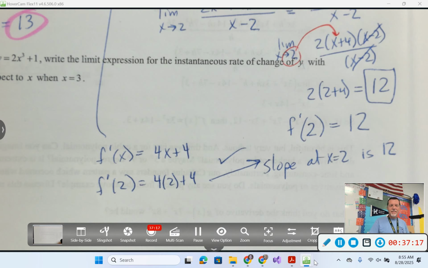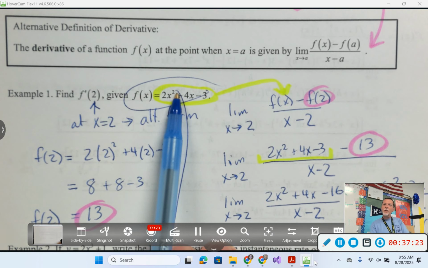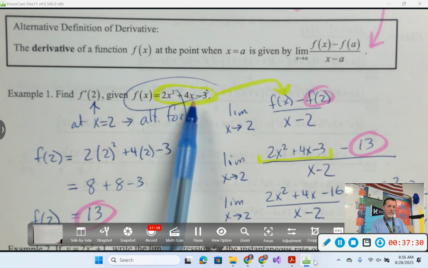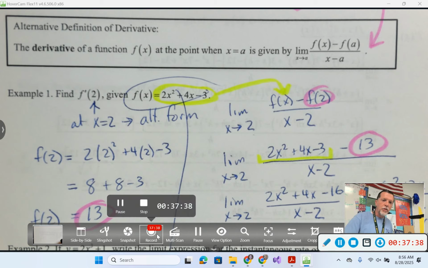What was the shortcut for finding just the regular derivative? You bring the power down front and reduce the power by 1. Does that sound familiar? Yeah, okay. So 2 times 2 is 4, and then just the x, and then 4. That's what we're going to do tomorrow, the shortcut method that you already